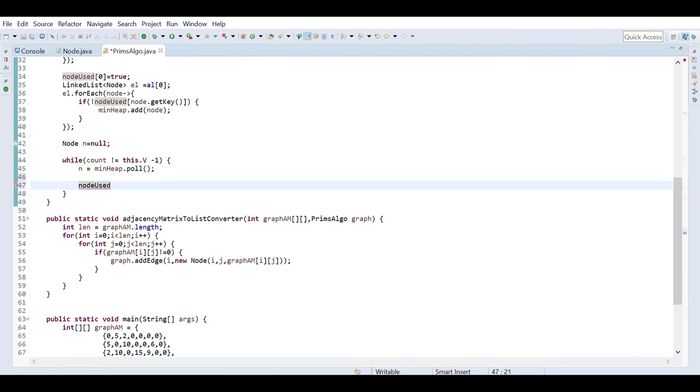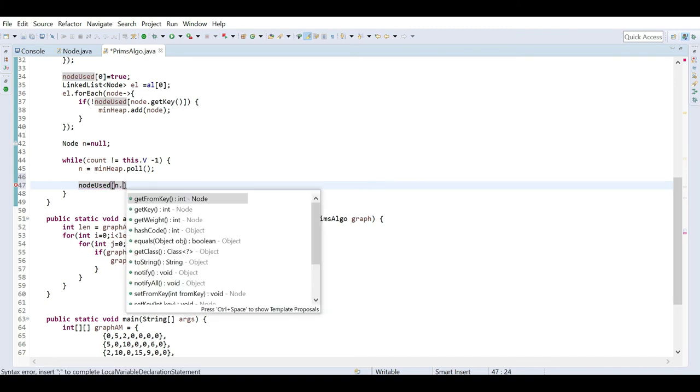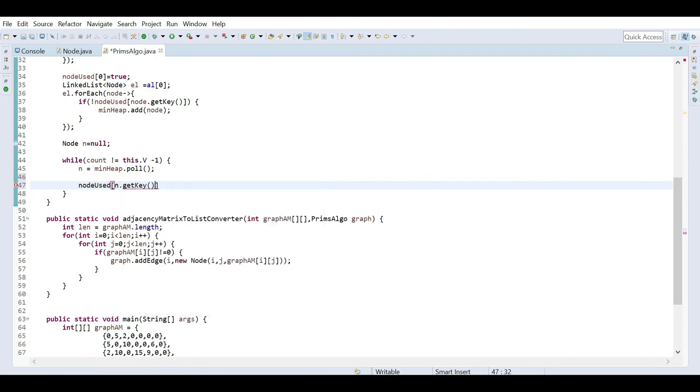So n dot get key equal to true, because I already identified that node to be connected with my previous node, so I am marking this node as visited.